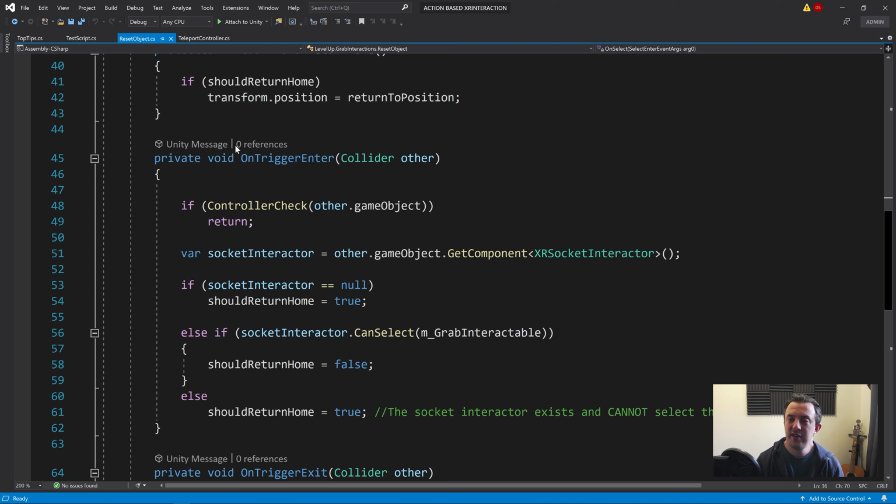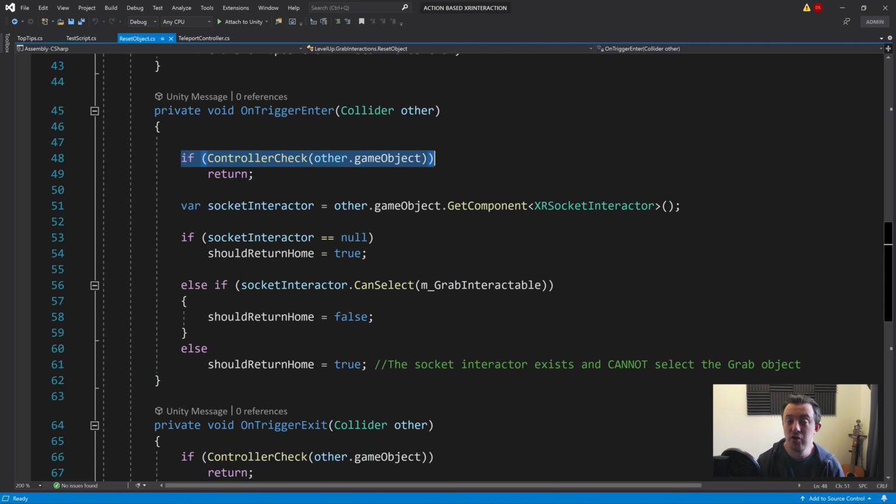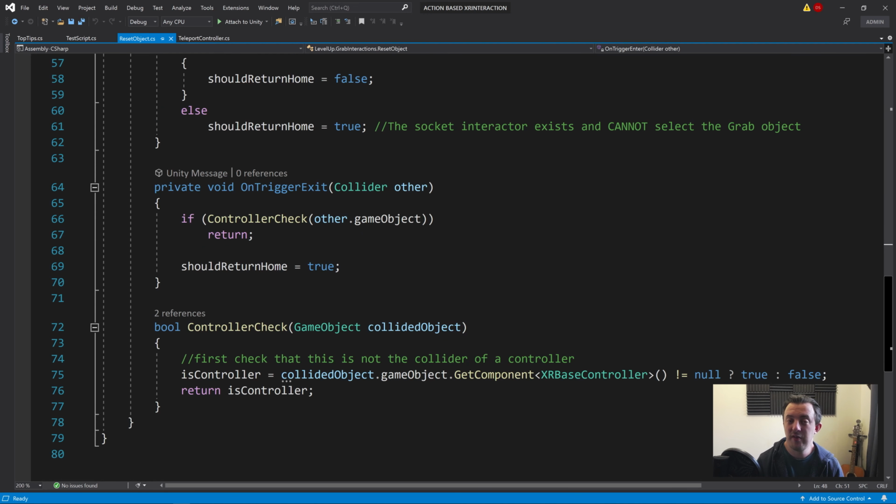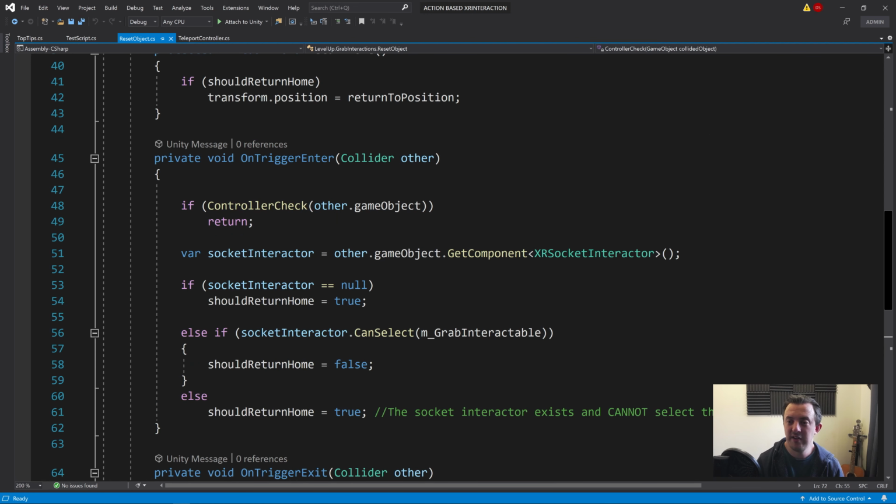And then moving down from there, we have our on trigger enter method. And the first thing we're doing is a controller check. We're seeing whether it's our controller that's entered the trigger, if that's the collided object. And if it is the controller, we're just going to return true. And then we'll exit back out of this because we can ignore everything. But if the trigger we've entered is not